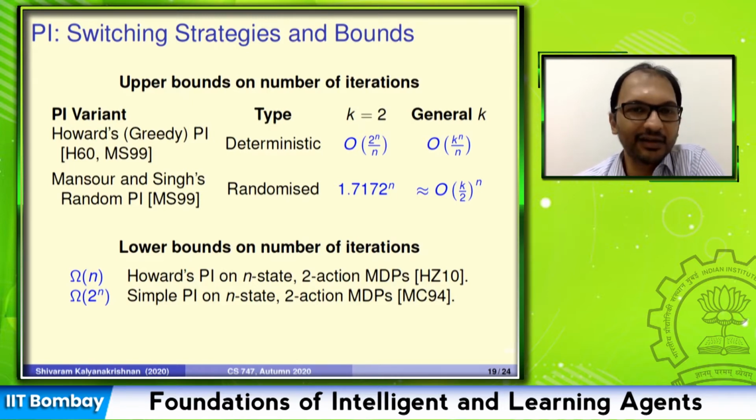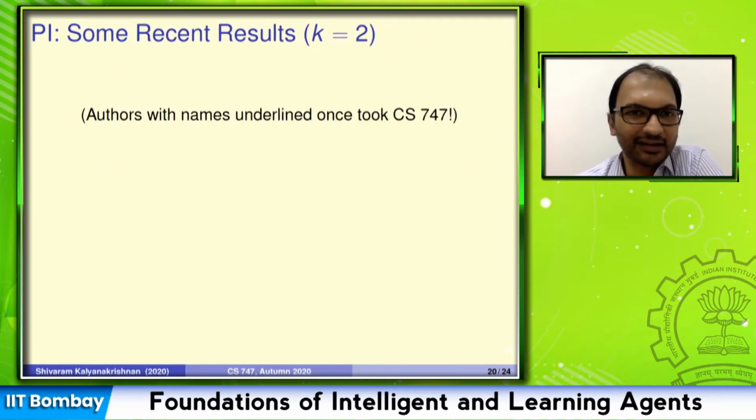In the last 5-6 years, we've chipped away a little bit at these results and made, I would say, a very, very small amount of progress. In terms of giving credit, I want to emphasize that many of the papers that I'm going to list right now are ones I have co-authored with students, who have all taken previous offerings of CS747. If I'm giving the name of the student, I'm also underlining it.